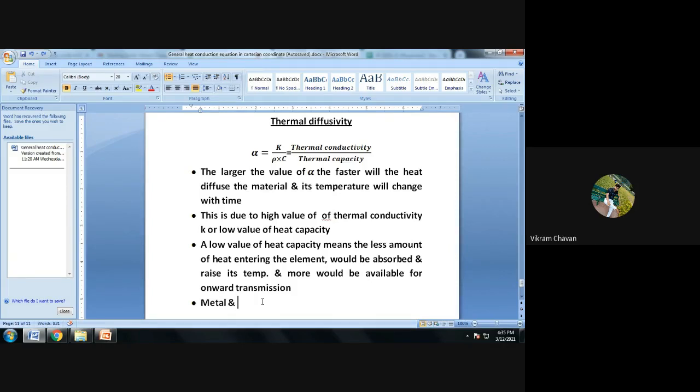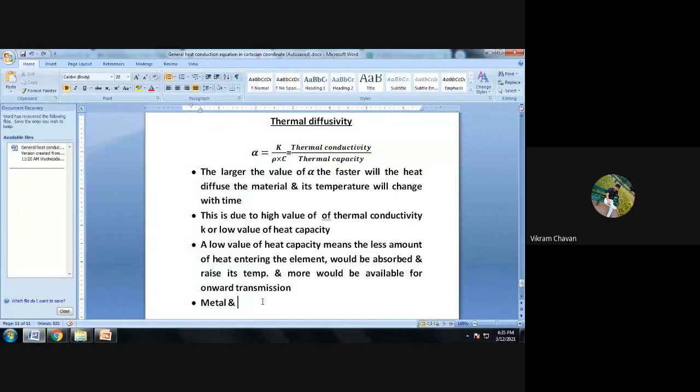So this is an important characteristic for unsteady state heat conduction. Okay, remember this point. For unsteady state heat conduction, alpha is more important. Okay, we are going to discuss the unsteady state heat conduction in the last part of this particular chapter. In that case, alpha plays a very important role. Getting my point, everyone? What is meant by thermal diffusivity and the significance of thermal diffusivity? Please note down the points.